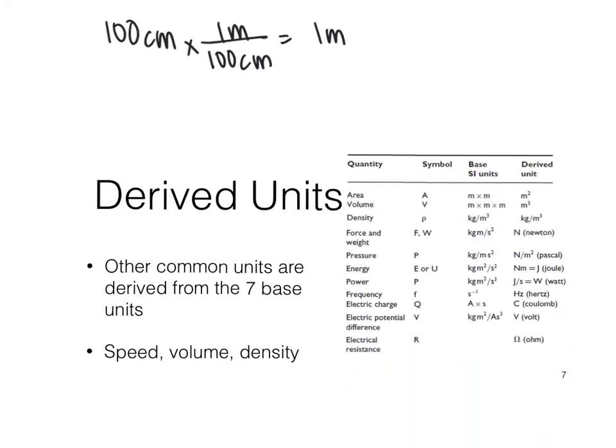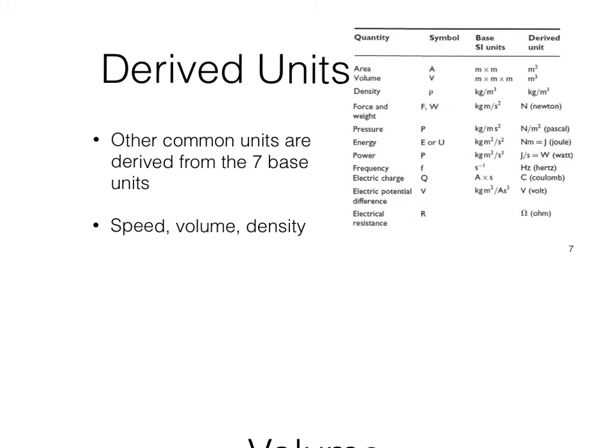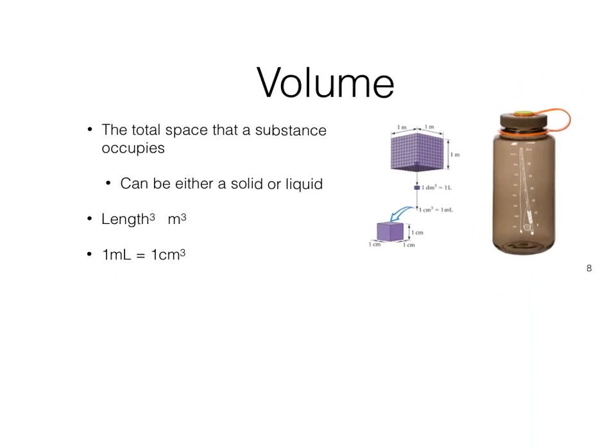So some other units that we're going to come in contact with are what are called derived units. A derived unit is basically when we take other units, put them all together, multiply them, divide, get them to interact, and we couple them with something else. Volume is a 3D space. Density, also something that is derived. So first we're going to talk about volume. This is the total space